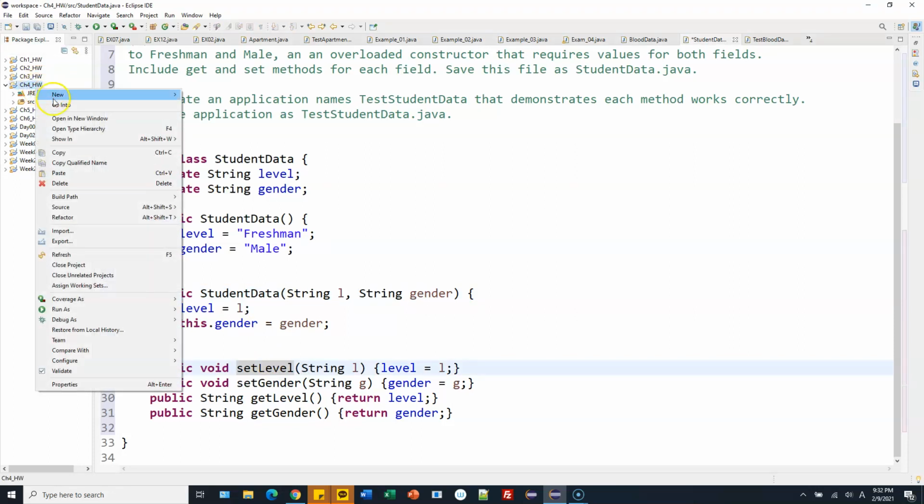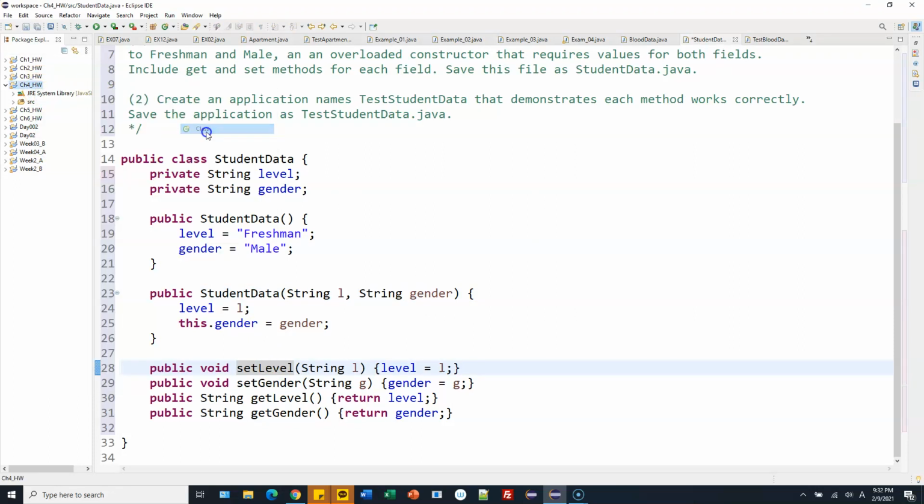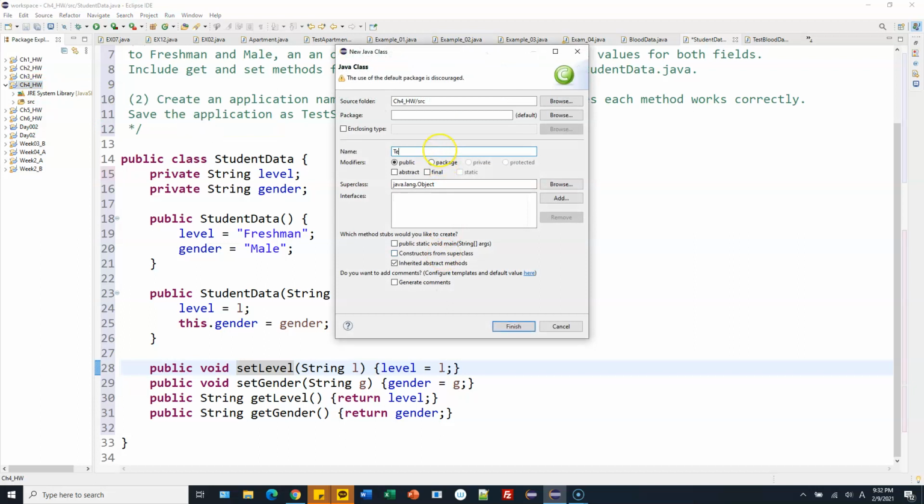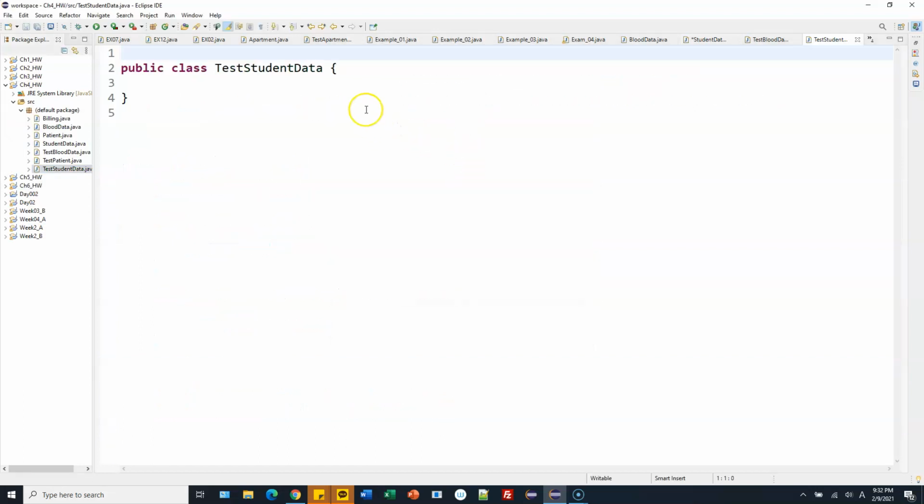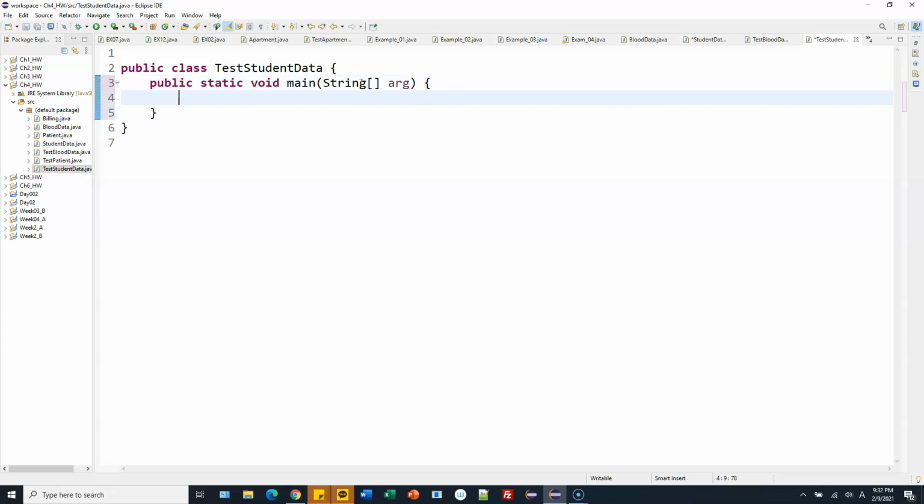Alright, so I'm gonna create a class named TestStudentData. Okay, this is an application. So if this is an application, then we have to use this one, public static void main, String args. All right, and then let's